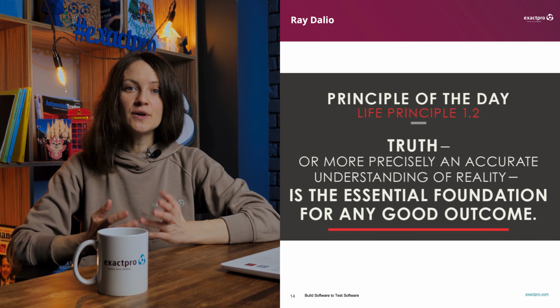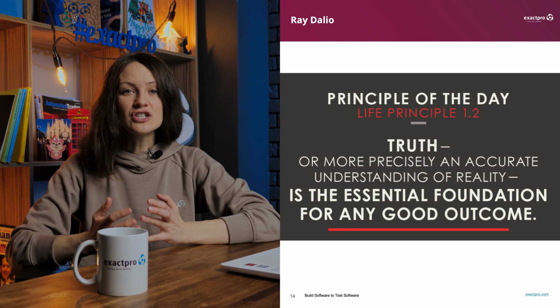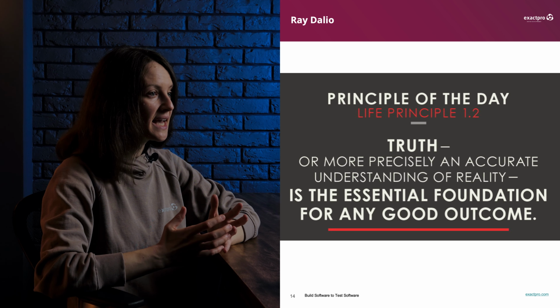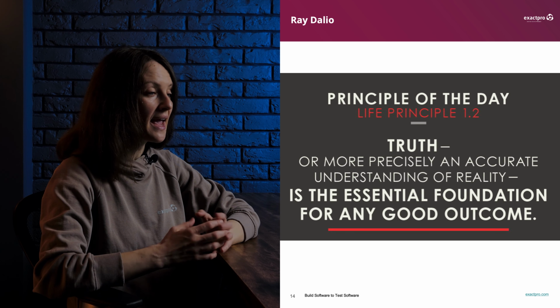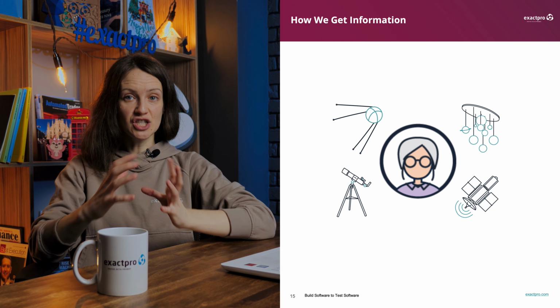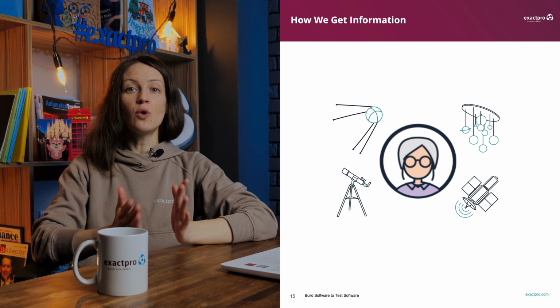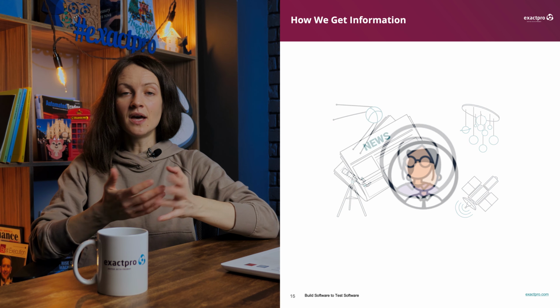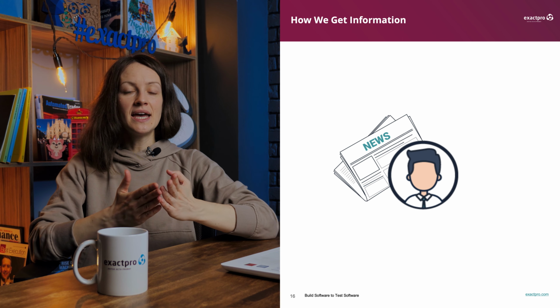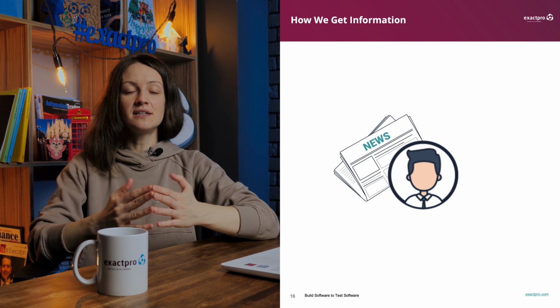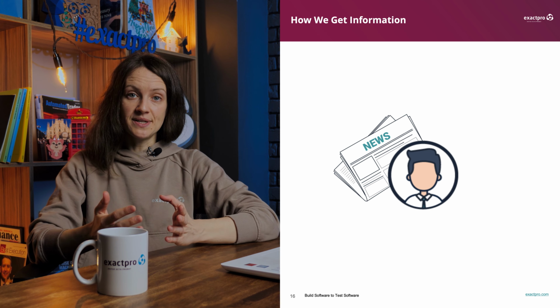The truth and the accurate understanding of reality is the essential foundation of any truly worthy outcome. They are professionals who dedicate themselves to collecting true information and disseminating it. Let's take scientists. They study everything that surrounds us, be it immense in scale or microscopic, painting a picture of true reality for the rest of us. Another example is journalists. In its true sense, journalism means looking into something that doesn't fit, something extraordinary, which makes the news, and painting an objective picture of the occurrence.